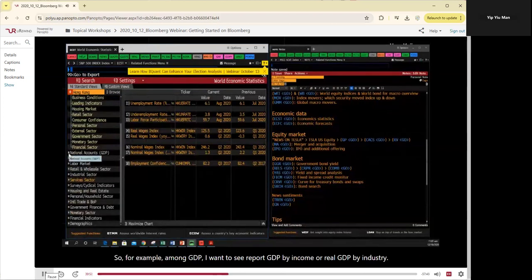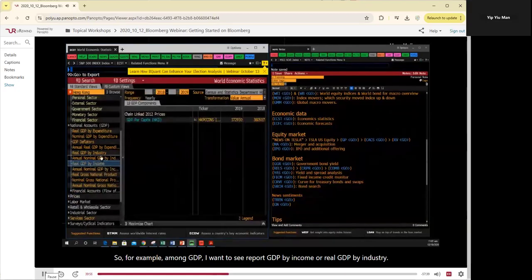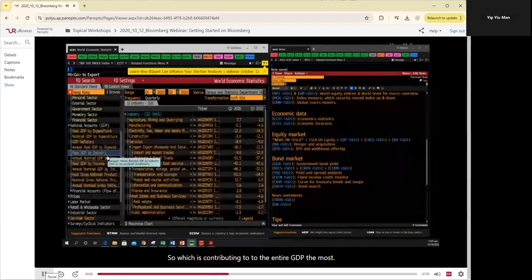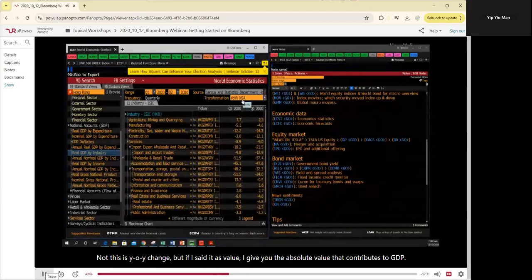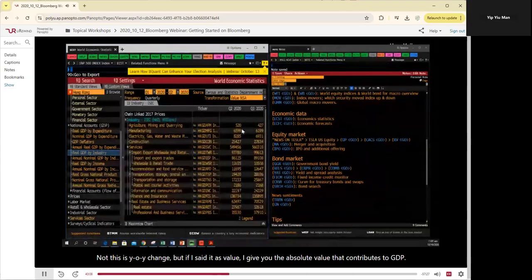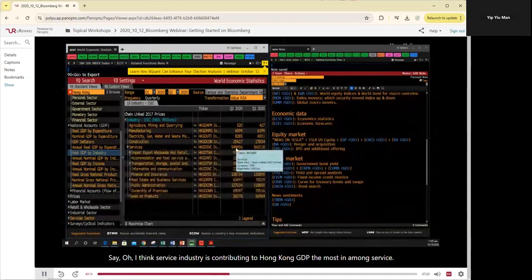So for example, among GDP, I want to see real GDP by income, or real GDP by industry. So which is contributing to the entire GDP the most. Now this is YOY change, but if I set it as value, it gives you the absolute value that contributes to GDP. Say, I think services